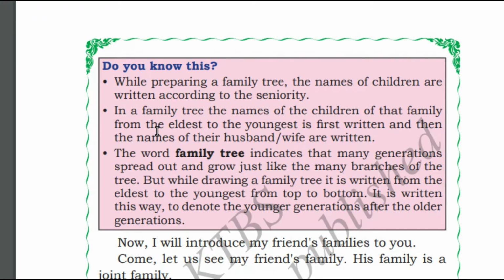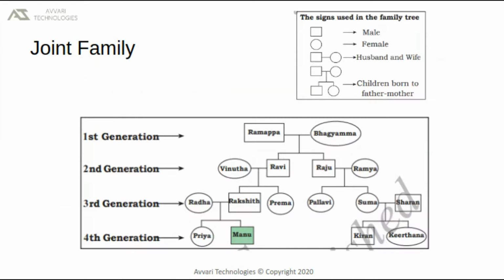A point to be taken while preparing a family tree. In a family tree, the names of children of that family from eldest to the youngest are written first, then the names of their husband or wife are written. In case of the joint family, Manu is referred as Ramappa, Ravi, Rakshit, Manu,